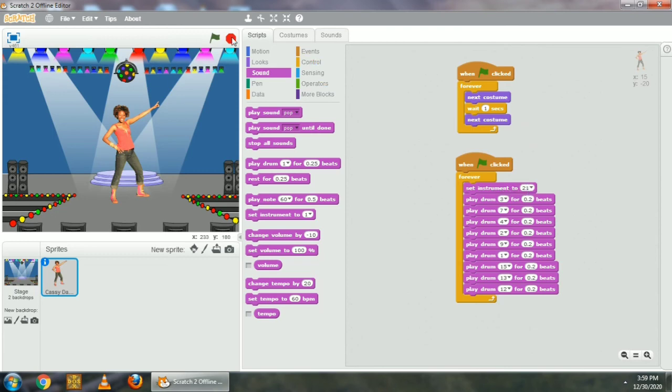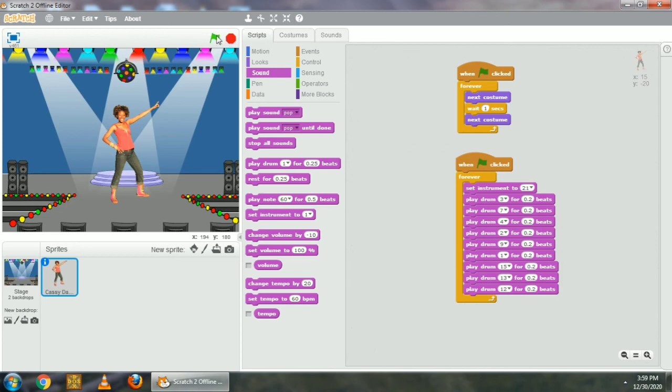Now let's click on the green flag, and it will execute all of our script blocks. When we do not click on the stop button, it will not stop, because we took the forever block, and the forever block is endless. It will end only when we click on the red stop button.